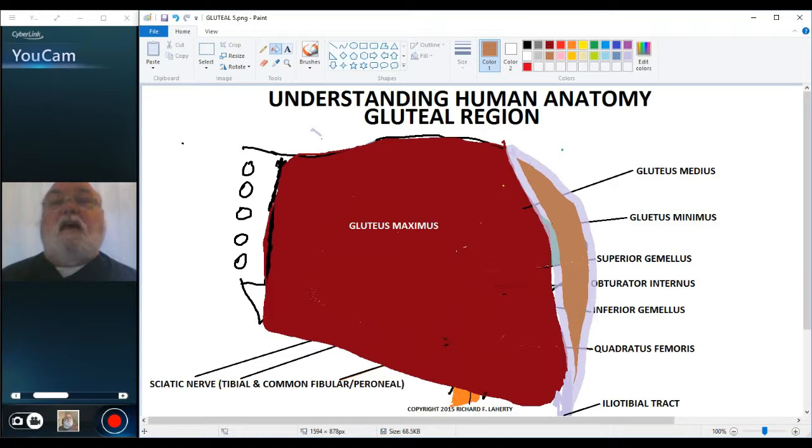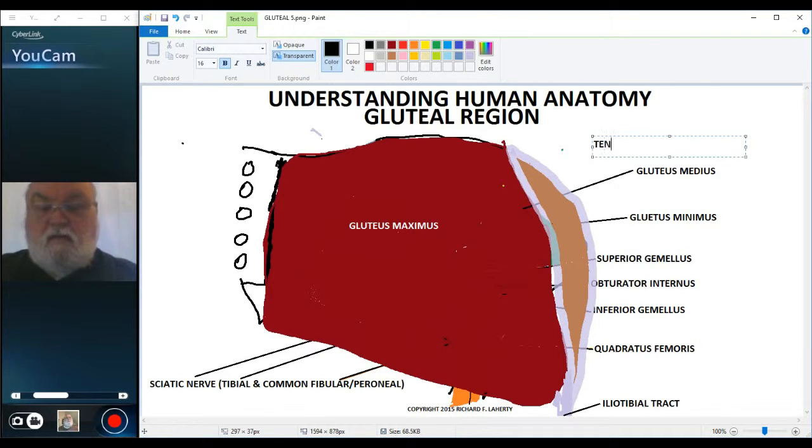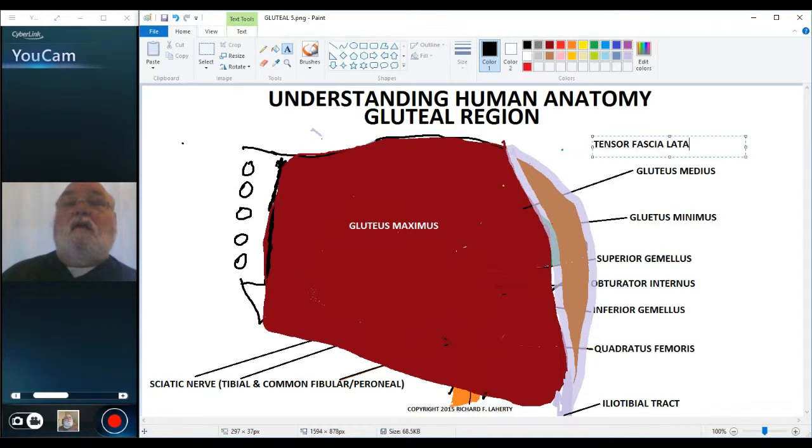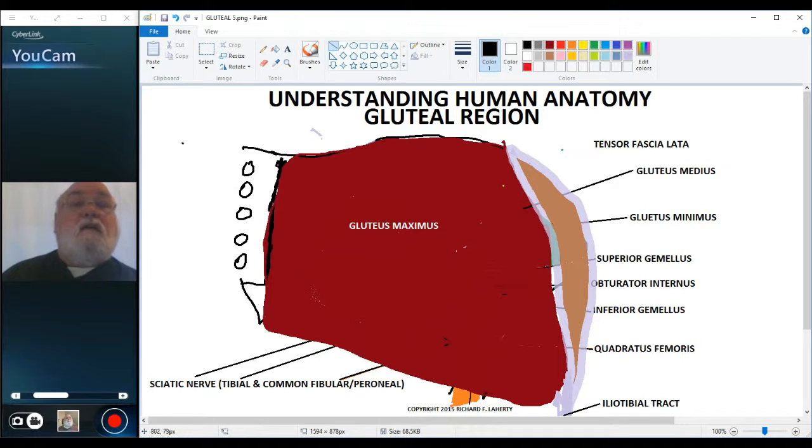The tensor fascia lata. The tensor fascia lata is an abductor of the hip,